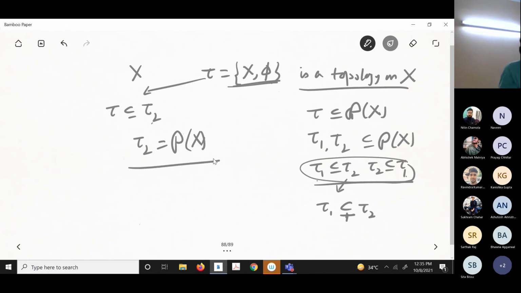Look here, there is nothing to prove because everything you are working inside it. So here everything I have given you. So this is the topology, and this is the largest topology because ultimately it has to be a subset of this. So this is the largest topology. This topology has got a name. This is called trivial topology or indiscrete topology, and this is called the discrete topology,